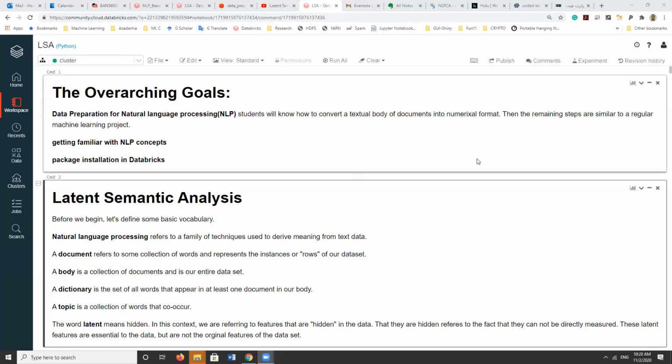Okay, good morning. Today we continue discussion over natural language processing. The overarching goal of today's class is getting